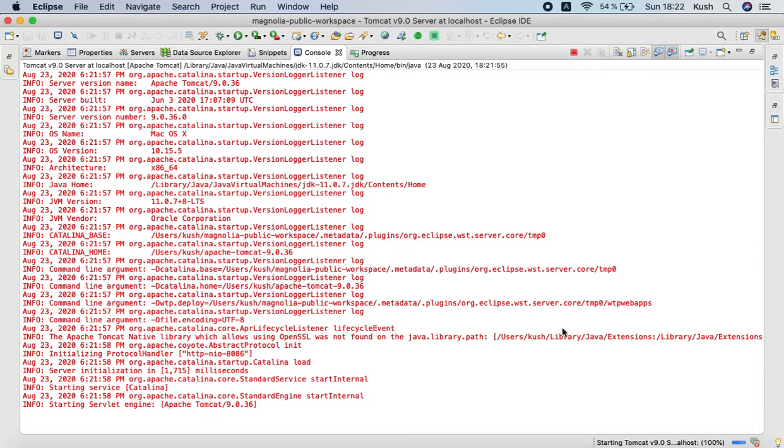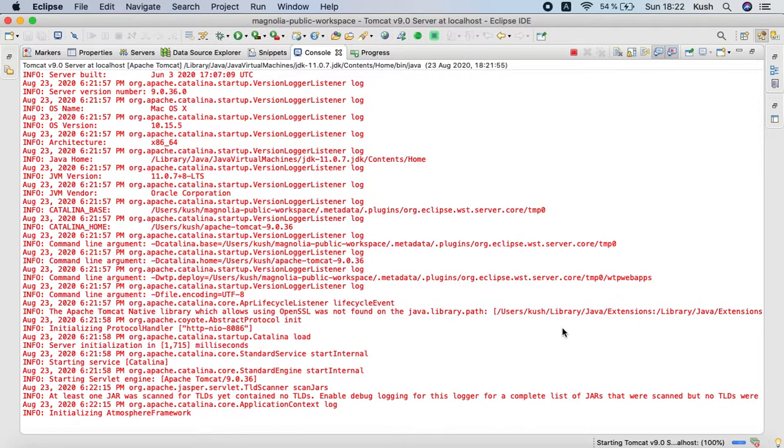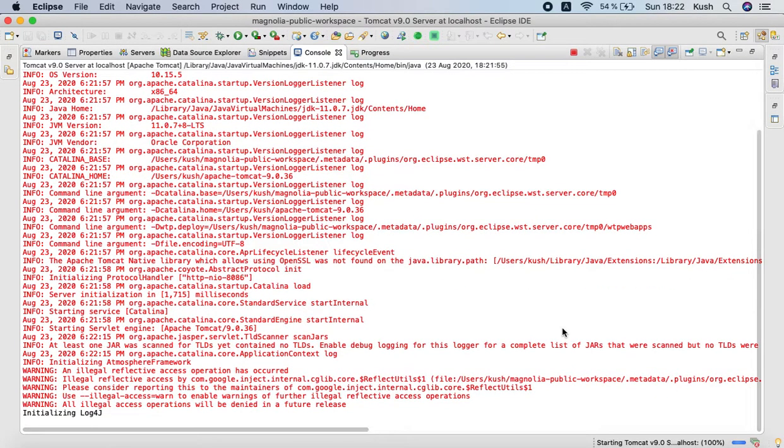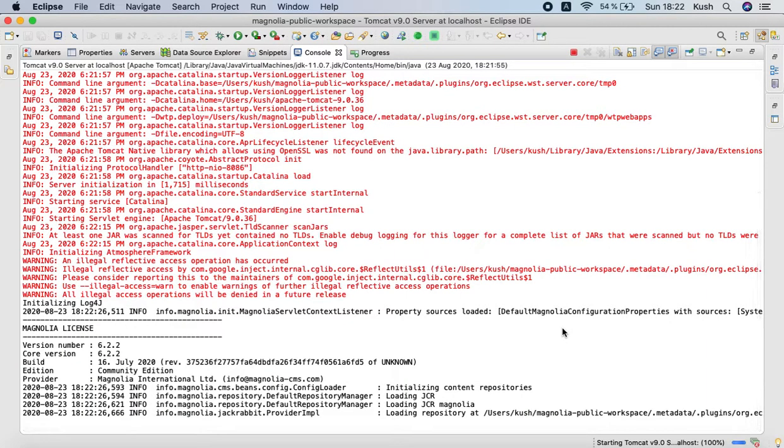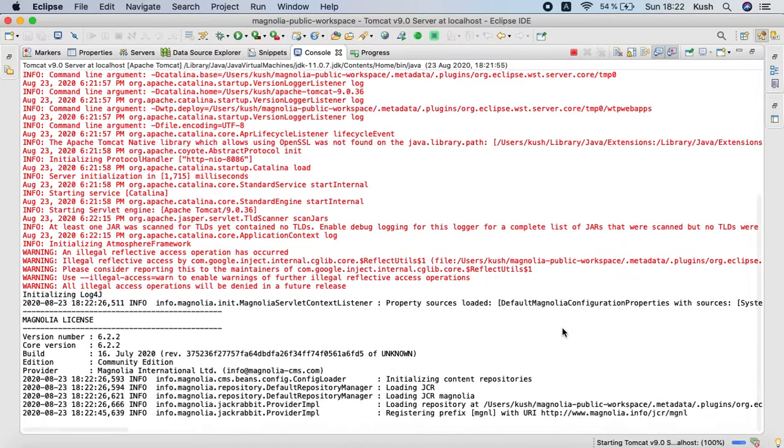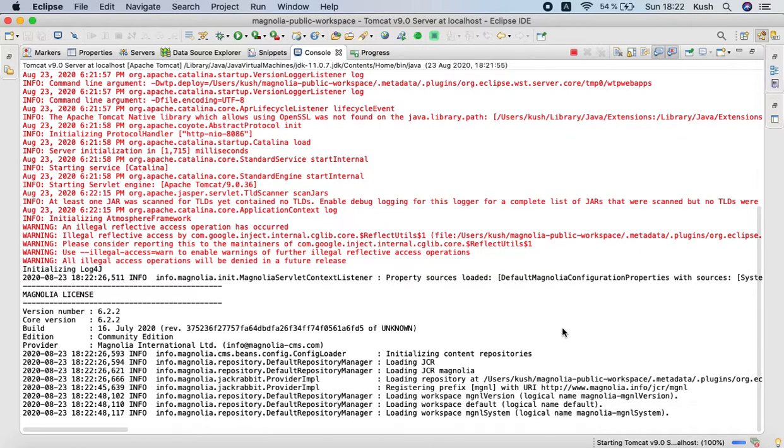So author server is the admin server where we apply all the changes, and after applying the changes we have to publish them to the public server. Mainly this is the activity we are doing right now, it is for publishing only. Whatever customization or development you do on the author server has to be published on the public server. So that is the intention.